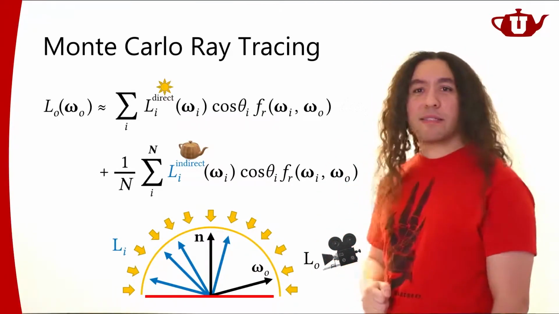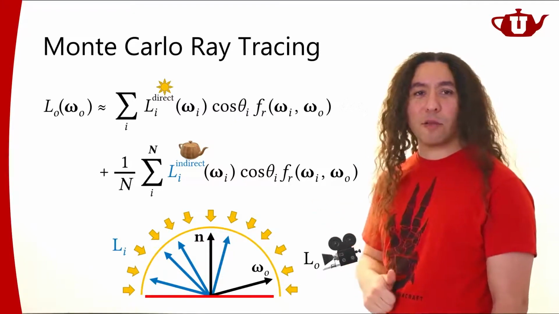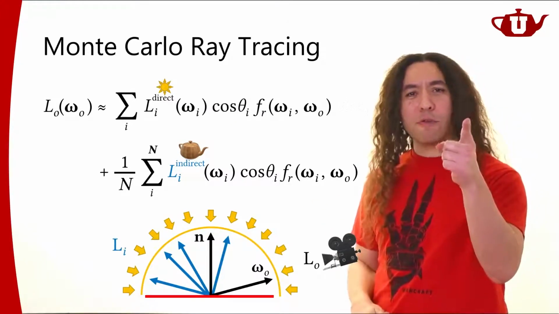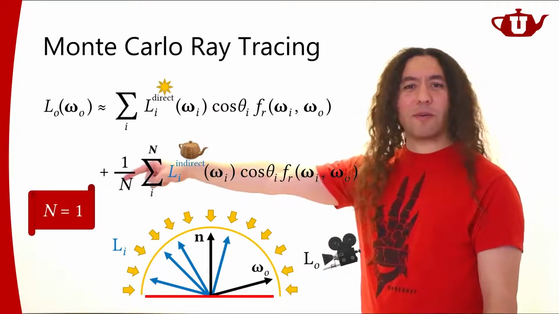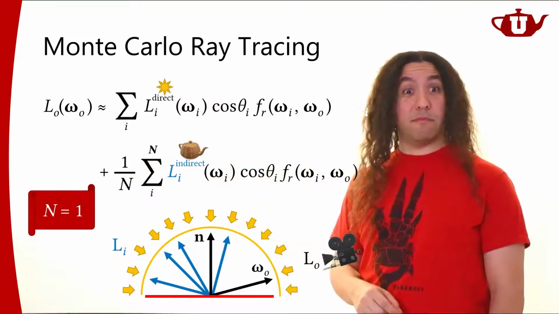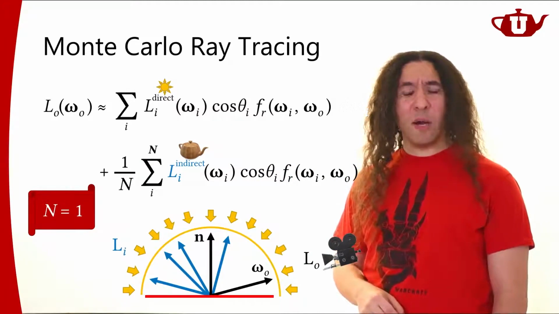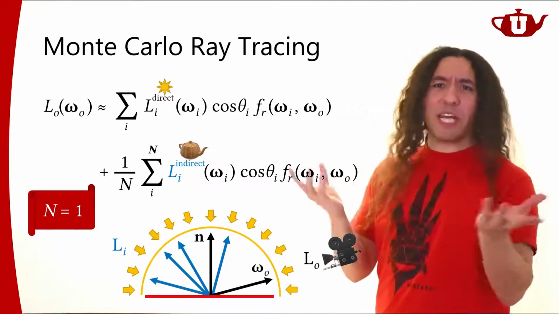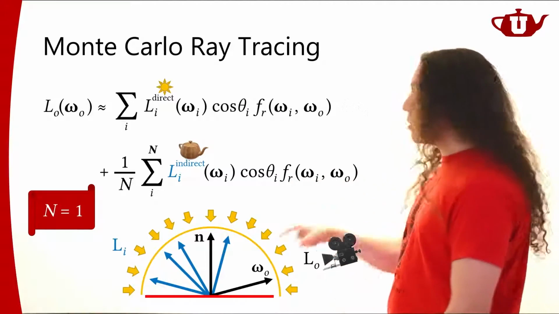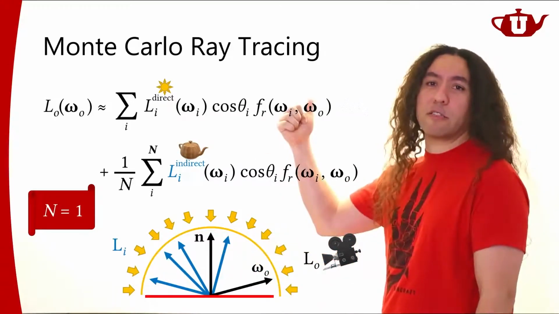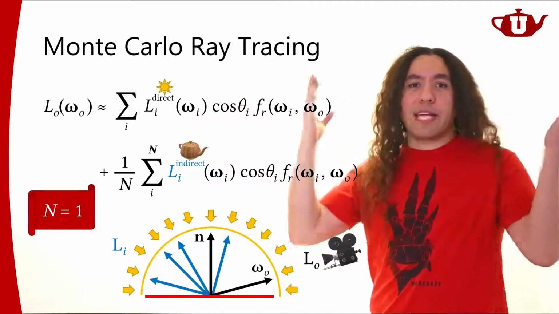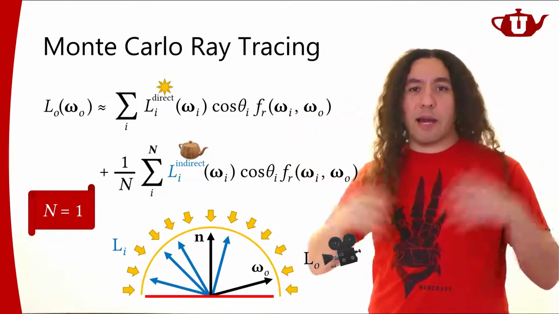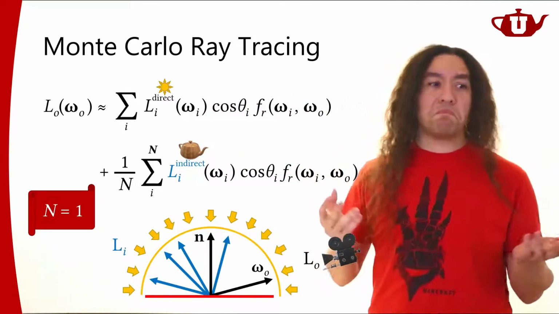Kajiya's brilliant conclusion for computing this integral was: how about I pick n equal to 1? What? Well, okay. Computationally, if n is 1, I start with one ray, I'm going to get one indirect illumination ray, and then I'm going to get another one. So it's not exploding anymore, right? I don't have this exponential growth.